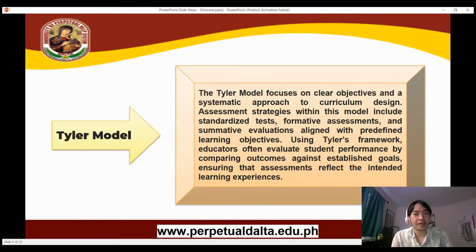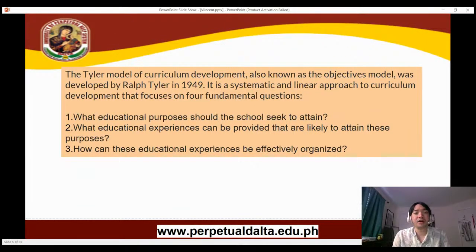Tyler model. The Tyler model focuses on clear objectives and a systematic approach to curriculum design. Assessment strategies within this model include standardized tests, formative assessments, and summative evaluation aligned with predefined learning objectives. Using Tyler's framework, educators often evaluate students' performance by comparing outcomes against established goals, ensuring the assessment reflects the intended learning experience. The Tyler model of curriculum development, also known as the objective model, was developed by Ralph Tyler